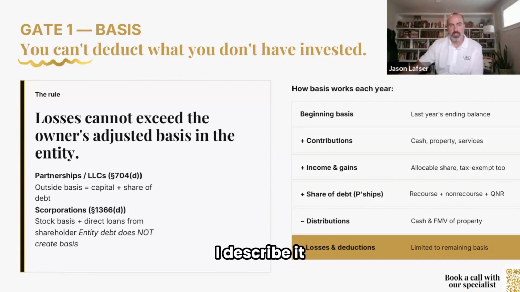There are 2 ways that I describe it. One is, think about if you invest in a stock like Apple. Your basis is going to be what you paid for that stock. So you buy a share of Apple for $100, your basis in that share is $100. With a partnership or an S corporation, it works in a similar fashion, but besides the money that you contribute, there are things that will either add to your basis or subtract from your basis. And that's what you see on the right-hand side of the screen.